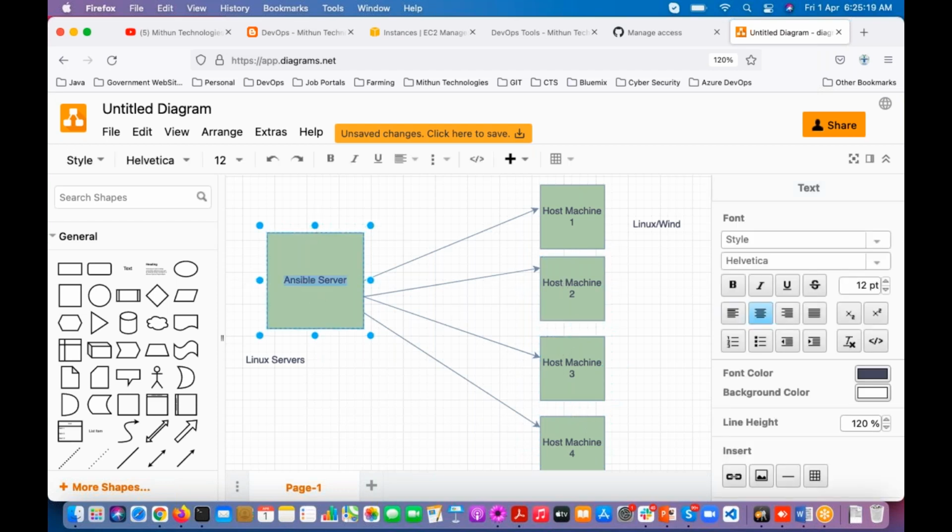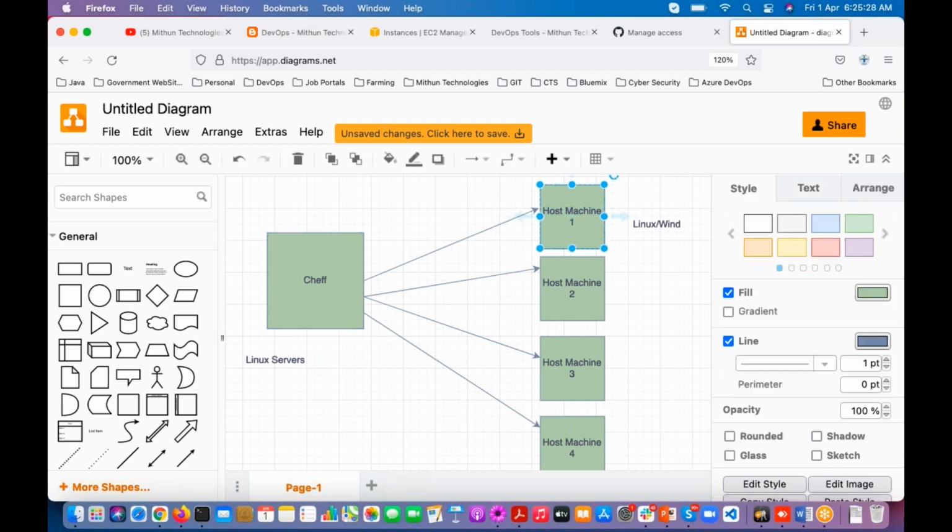Whereas if you want to use Chef, in all these host machines you have to install an agent. So the agent is nothing but a piece of software. First you have to install that agent in all the host machines.